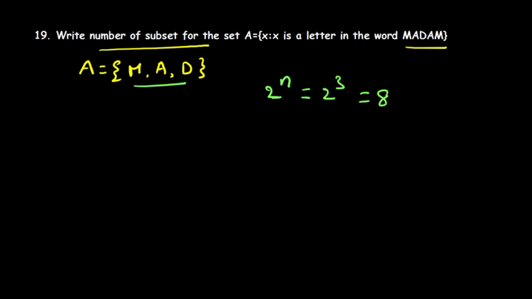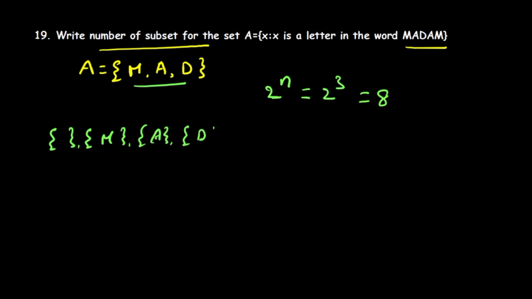So the answer is: the number of subsets for the set A, equal to x such that x is a letter in the word madam, is a total of 8 subsets. And you know how to write those 8 subsets, right? That is the null set, M, A,